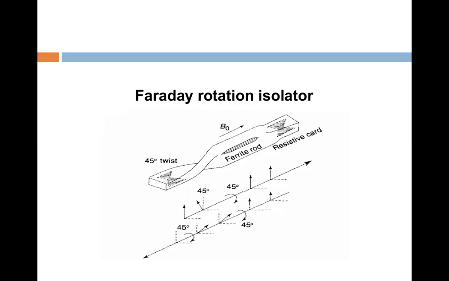The Faraday principle states that if a circularly polarized wave is made to pass through a Faraday rod which has been influenced by an axial magnetic field, the axis of polarization gets tilted in the clockwise direction. The amount of tilting depends on the strength of the magnetic field and the geometry of the ferrite. So which material do we mainly use? The commonly used ferrites are manganese ferrite MnFe2O3 and zinc ferrite ZnFe2O3. Since these materials are insulators, electromagnetic waves can propagate in them. Also, because ferrites have strong magnetic properties, an external magnetic field can be applied to them for making use of the Faraday law.